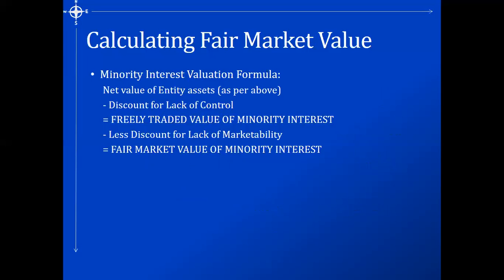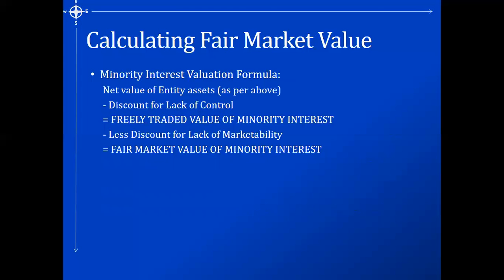So then we have the fair market value of a multi-level LLC. So here's the formula for the discounts that's involved. The first thing is that we calculate the net value of the entity's assets as per above, just like a 100% owned LLC. And then we determine what the percentage of the ownership interest is, and if it's 50% or less, there is going to be some kind of a discount because the retirement account doesn't control the activities of the LLC.